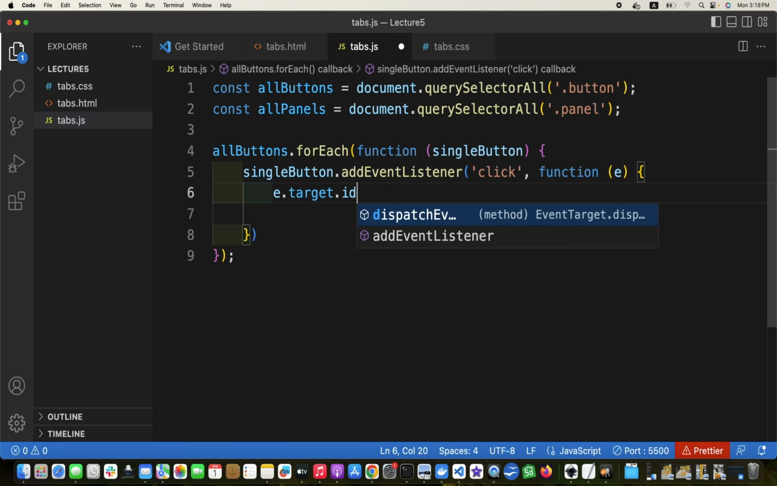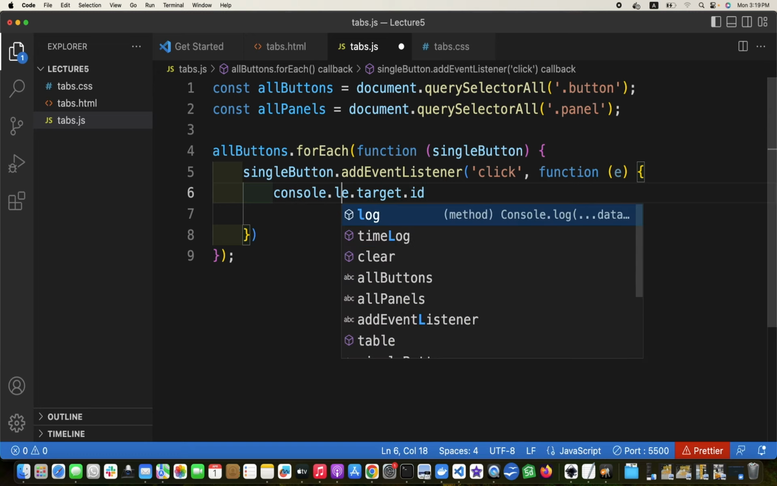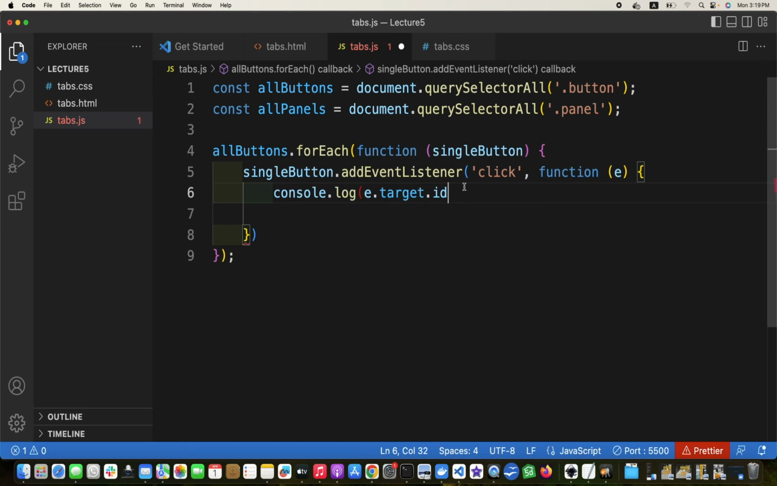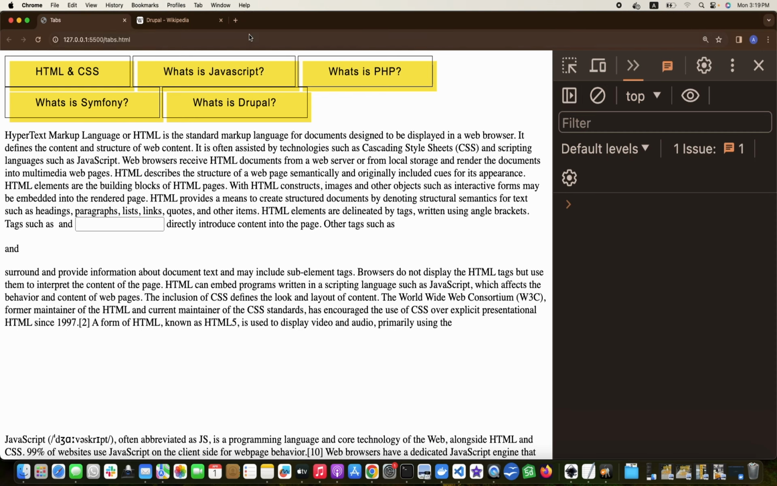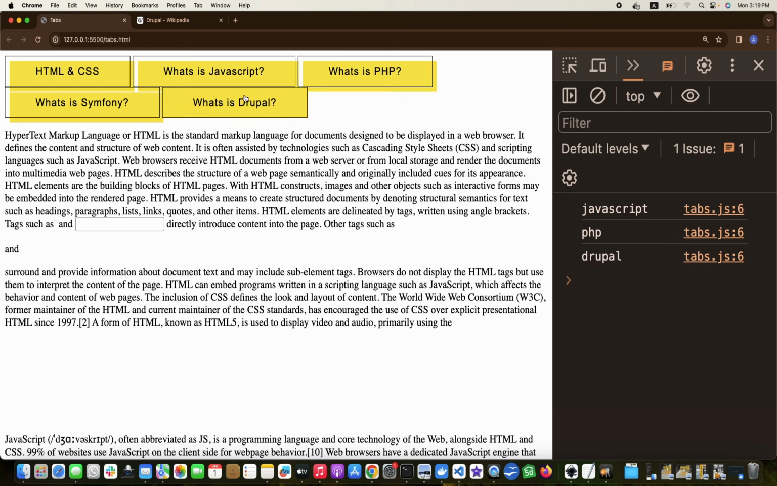E.target.id. So this will be console.log(e.target.id). Exactly. And you can also get the attribute ID, but this is a very old property, so we can directly access .id. So now if I click on JavaScript, it will get its ID. This is PHP, this is Drupal, so it is just outputting the HTML ID attribute of that,